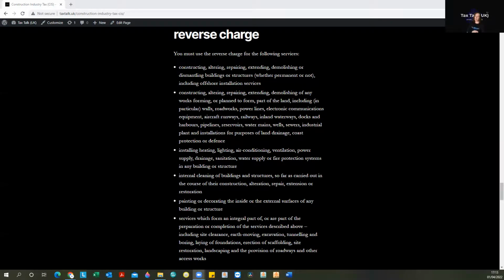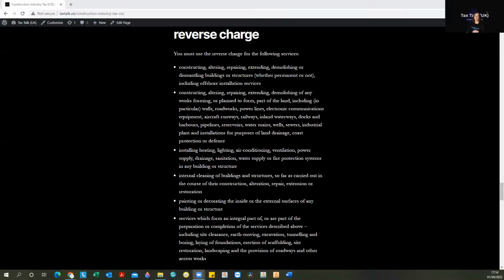walls, roadworks, power lines, electronic communications equipment, aircraft, runways, railways, inland waterways, docks and harbours, pipelines, reservoirs, water mains, wells, sewers, industrial plants and installation for purposes of land drainage, coast protection or defence, installing heating, lighting, air conditioning, ventilation, power supply, drainage, sanitation, water supply or fire protection systems in any building or structure, internal cleaning of buildings and